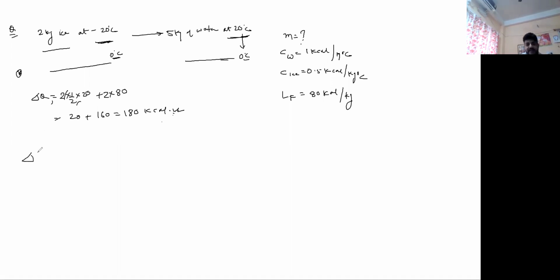So let कितना heat del Q absorb कर सकता है, you can calculate this from here. 5 is the mass, specific heat capacity is 1, और अगर मैं 20 से 0 डिग्री में जाऊं तो into 20, तो ये हो गया 100 किलो कैलोरी। अब मजा का बात देखो, ये 180 किलो कैलोरी हीट अगर रिलीज करेगा तो ये 0 डिग्री सेंटीग्रेड ऑफ आइस आएगा, और ये 100 किलो कैलोरी अगर हीट लेगा तो ये 0 डिग्री पे आ जाएगा। इससे दैट इज वेरी क्लियर कि इसके पास 80 कैलोरी हीट एक्स्ट्रा बच जाएगा।